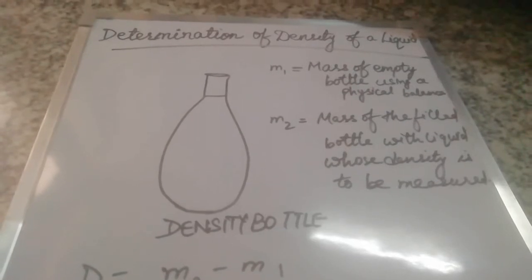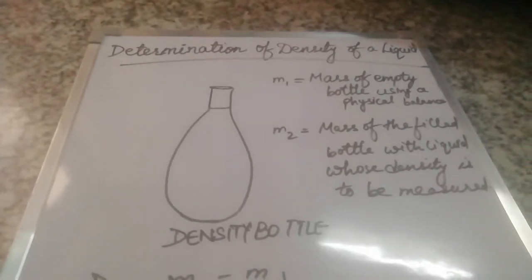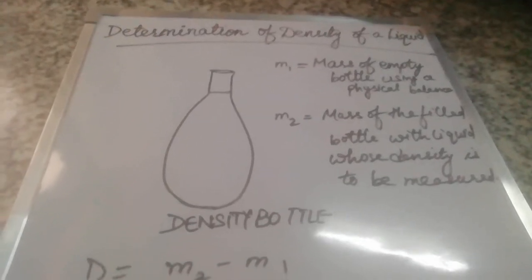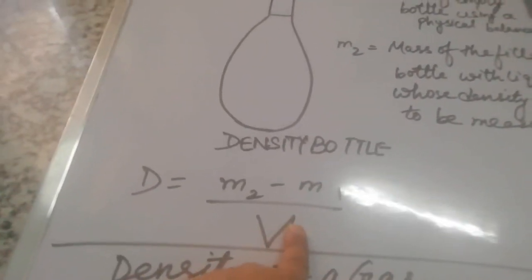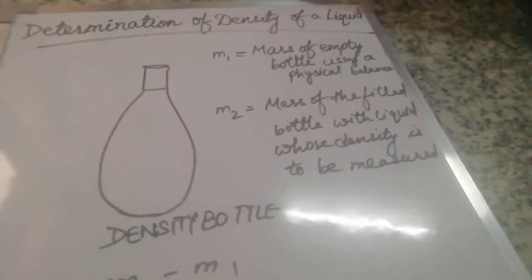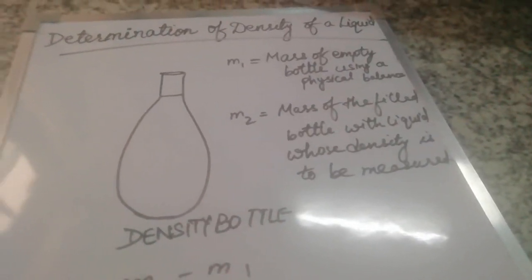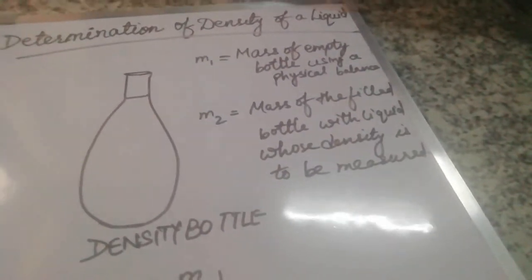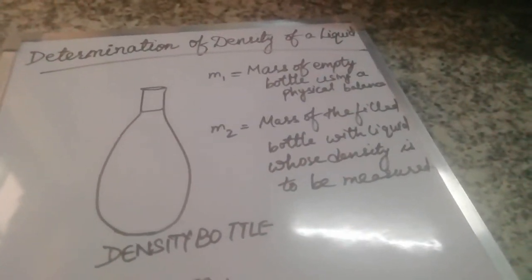And we will find, by when we fill this liquid inside the bottle, we'll find out the volume. Let the volume be V. Okay, let the volume of the liquid be V, and V is determined now. Now again, what you have to do is clean the bottle thoroughly and find the mass of the bottle when it is filled with the given liquid.